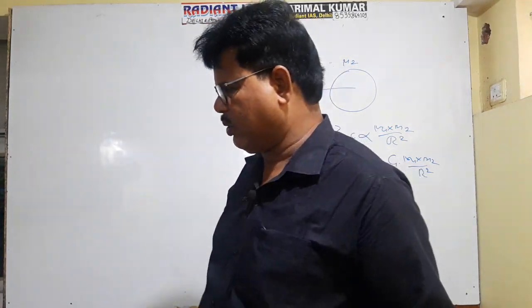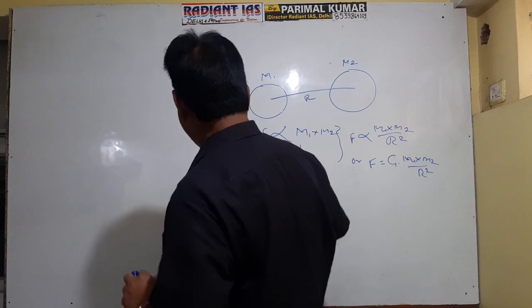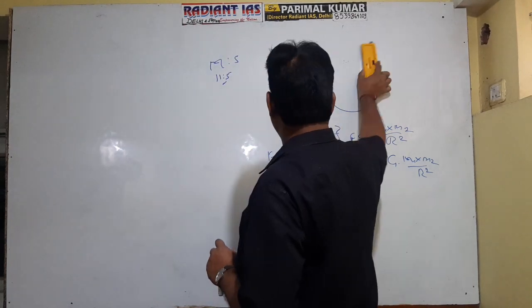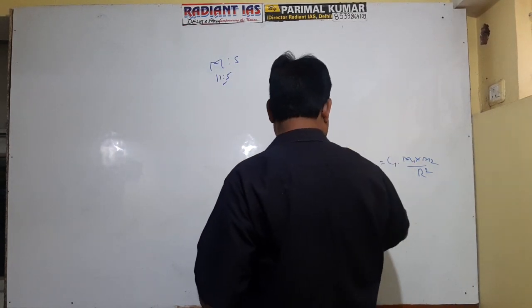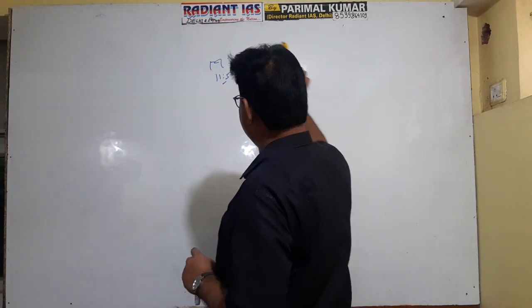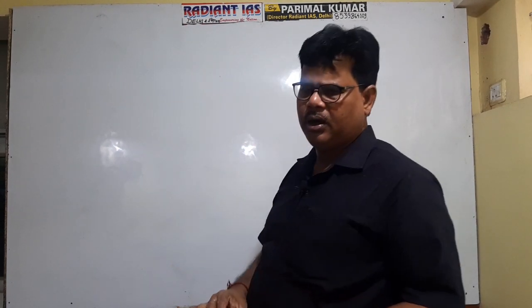Now see, Newton propounded the equilibrium theory to explain the tide. He said that the tide producing force exerted by the moon is the difference between the tide producing force exerted by the moon on the surface of the earth and the tide producing force exerted by the moon at the center of the earth.